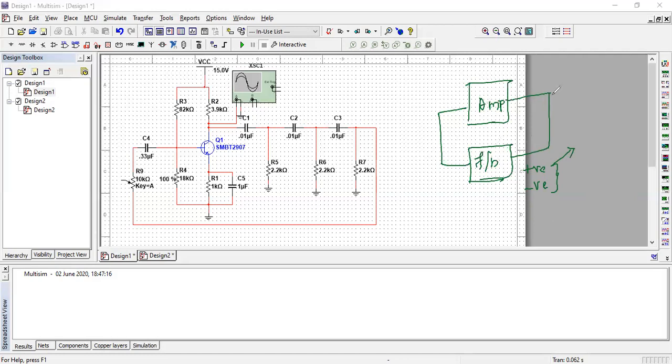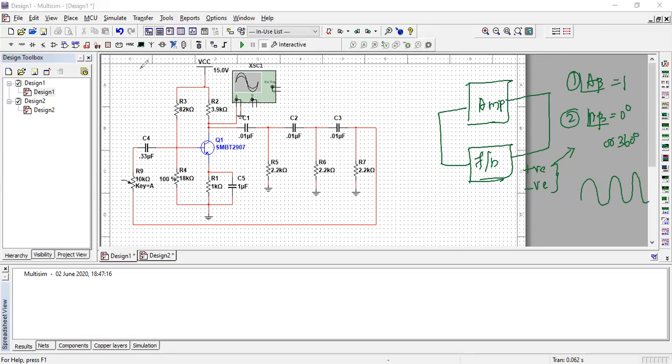Okay. So a condition must be satisfied by this combination of the network. That condition is called the Barkhausen criterion, which must be satisfied to get the undamped oscillating signal. The first condition is that the closed loop gain of the circuit must be 1. That means the closed loop gain, A beta, must be 1. The second condition is that the total phase angle of the closed loop circuit, A beta, must be 0 degree or 360 degree. These are the two conditions that must be satisfied by the circuit, then only can it produce an undamped oscillating signal.